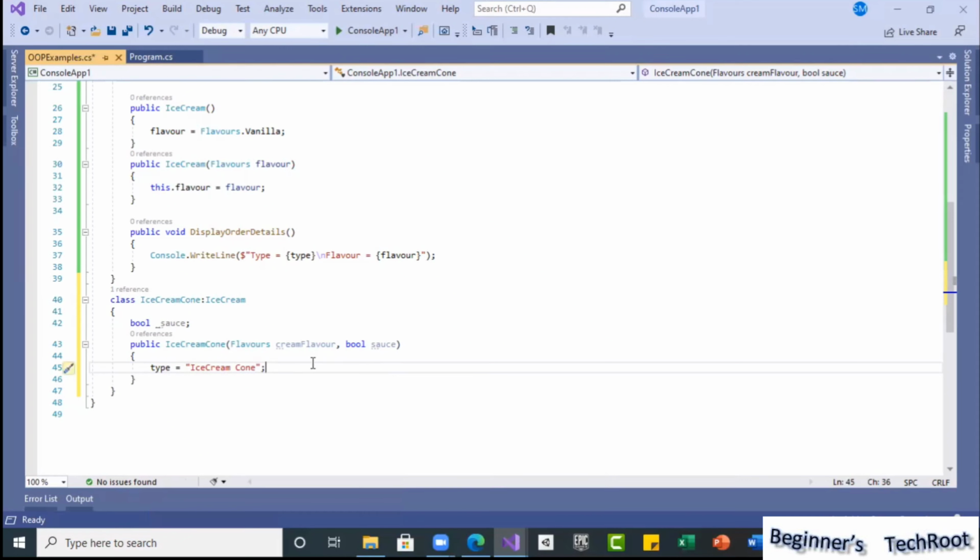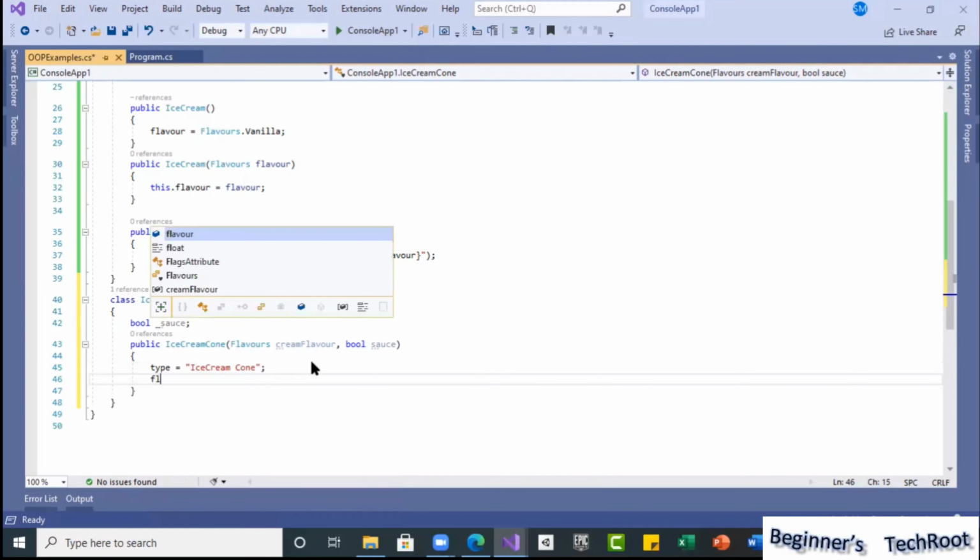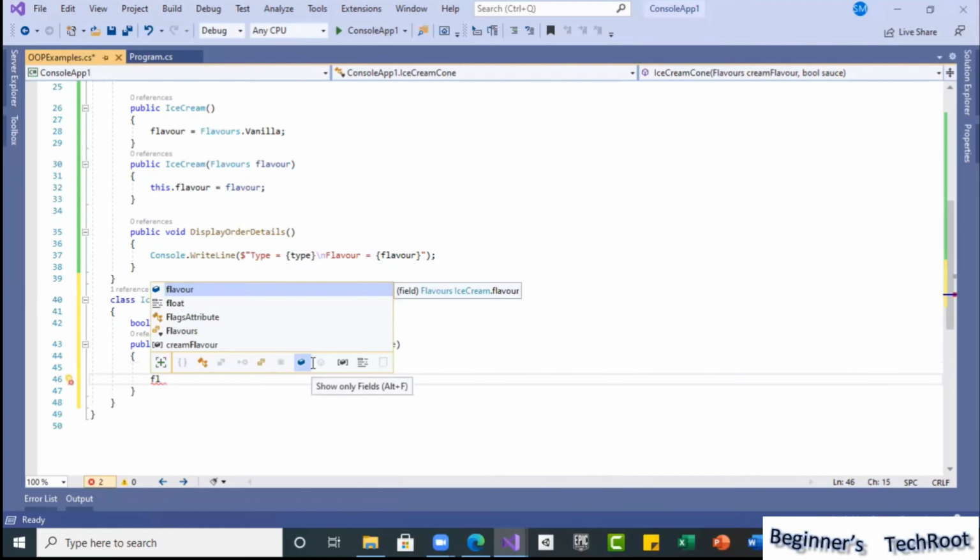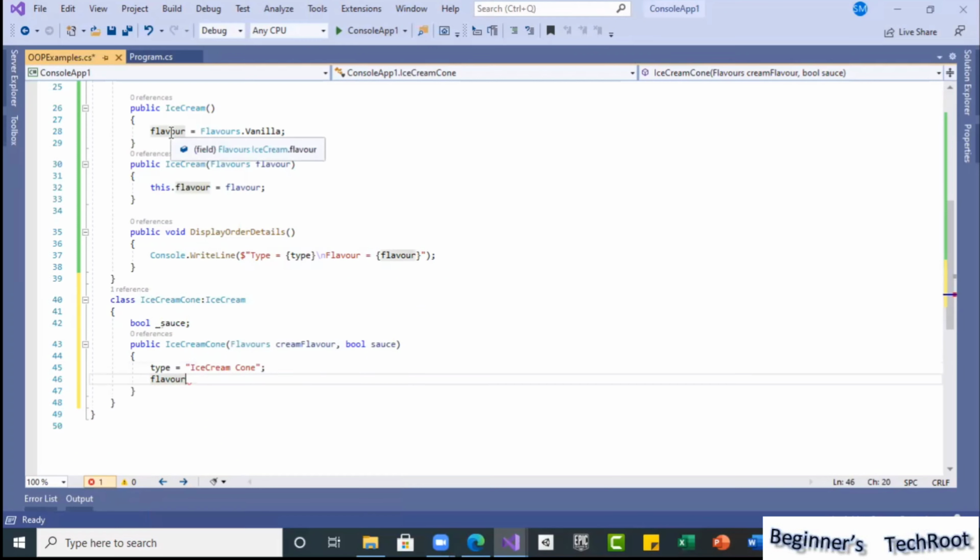So this is the type, and then flavor. See, the flavor, as we inherited, will automatically be available. All of this from the base class is available. So flavor equal to whatever flavor comes as a parameter, cream flavor.